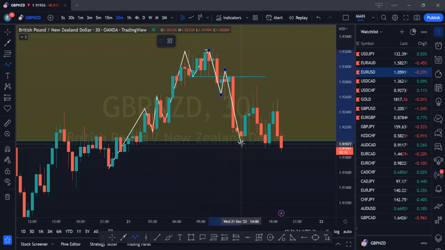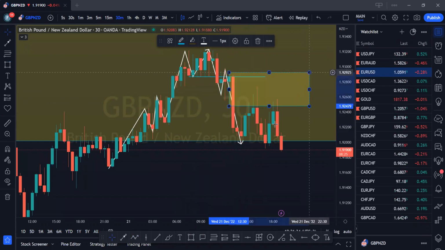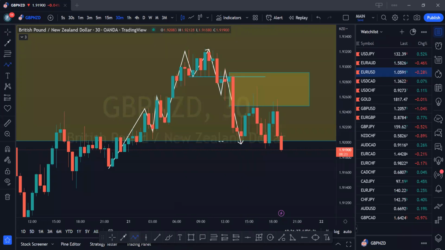When that lower low formed, you now want to wait for price to retrace into a supply. So this is a block of supply. All of this zone is a range of supply here. And as you can see, it is inside this zone that we are supposed to sell ideally, right? And the price actually has taken off.